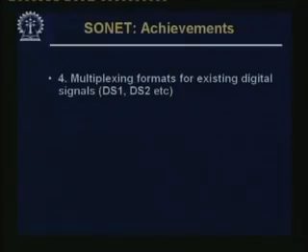These existing digital signals, you see DS1, DS2, etc. These are different multiplexing standards at the low end. By the way, there is also a DS0, and the DS0 rate is our venerable 64 kbps line rate. Remember once again that for voice channels we require 64 kbps because of PCM, which we discussed. So, that is the DS0 rate, and then several DS0s get together to form DS1 and so on. That way there is a hierarchy of rates.